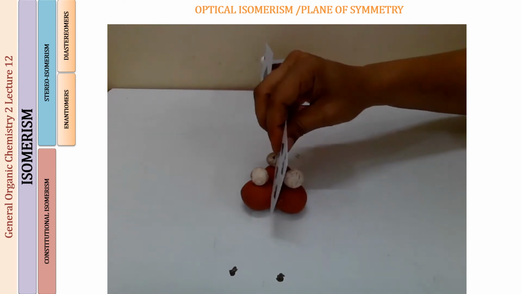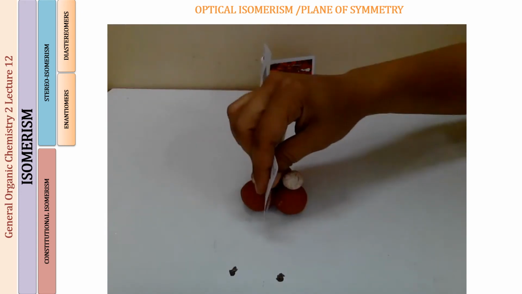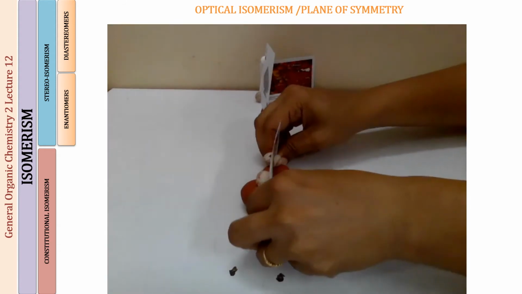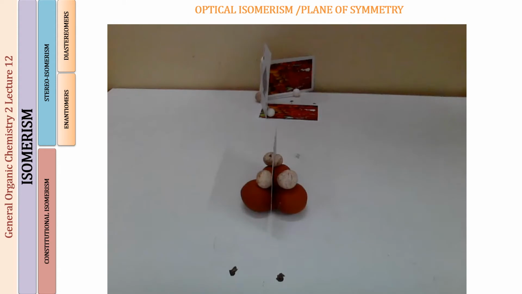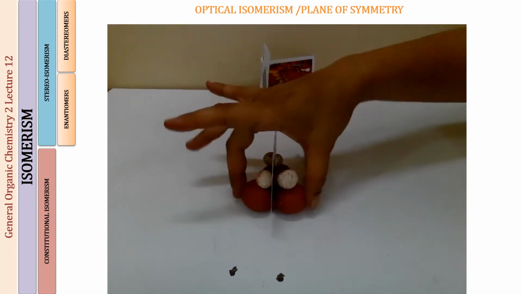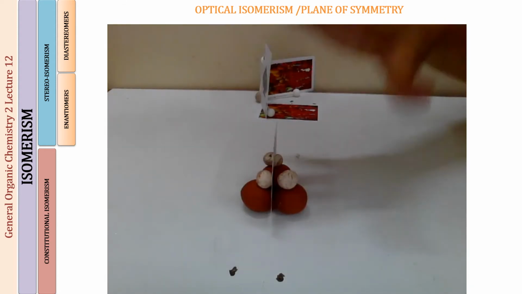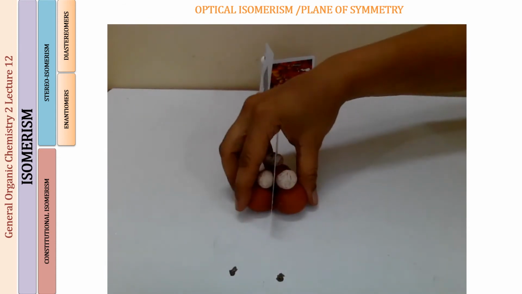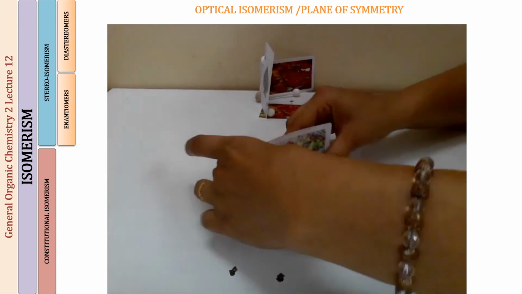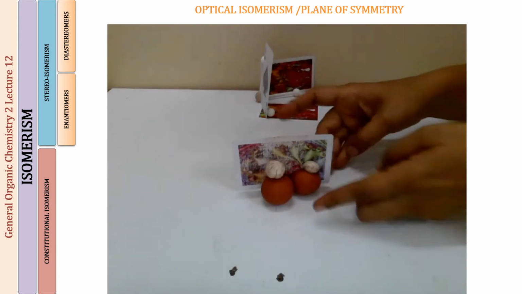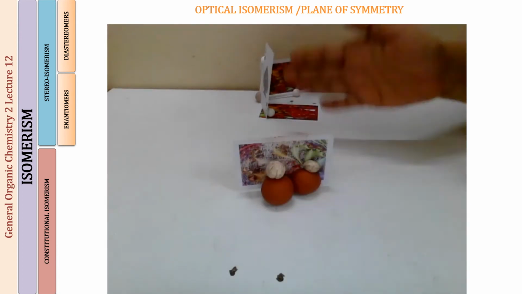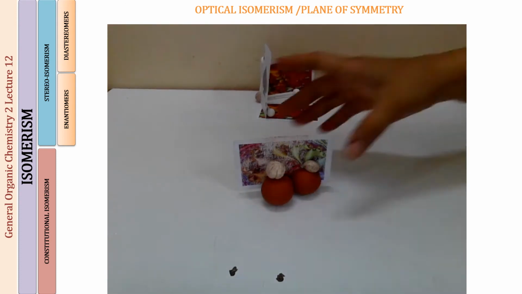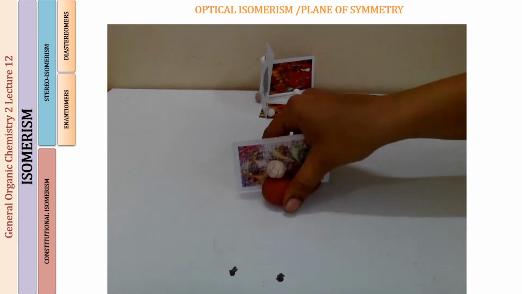Now what I'm doing is cutting through one carbon and one hydrogen, and obviously when I put this plane of symmetry, it is going to cut the hydrogen below that carbon also. And these two walls are solid, they have not been cut, but I have found a plane of symmetry. I will be having two halves in this way. These atoms will be cut into halves, and the other atoms will be full, but they are going to be mirror images of each other. So this is a plane of symmetry I have found in cyclopropane.